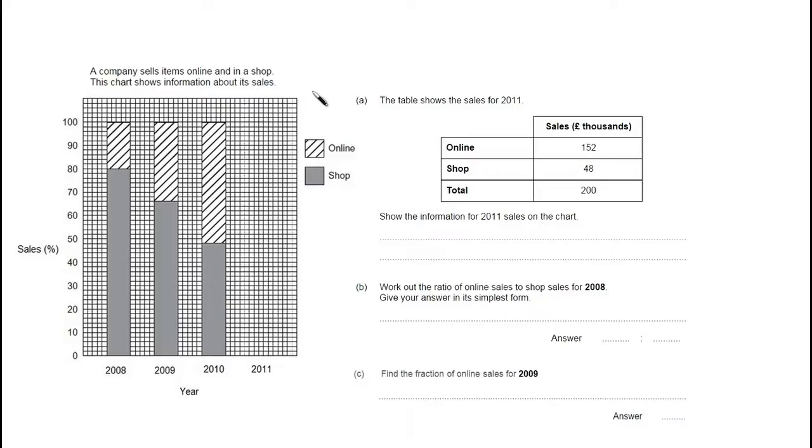So in this question we've got a bar chart which shows information about what a shop sells, whether it's sold online or in the shop, in 2008, 2009, 2010, and we've got this empty 2011. So it's going to ask us to fill in the bar for 2011. Now, before we complete all the sections of this question, let's just have a look at the